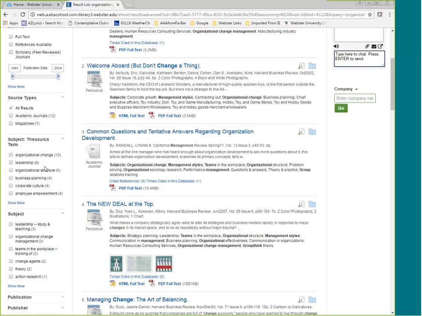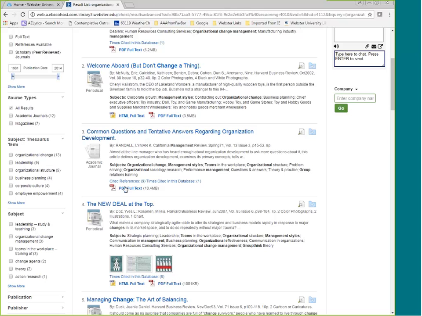There are 9 that have leadership, 5 that have organizational structure, etc. So what you might do is if you get a really large search, you might want to look at your subject terms and click on one of these to focus, particularly if you're just starting to explore your topic. So you might want to click there to kind of narrow and say, okay, is this something that I want to look at in more depth?